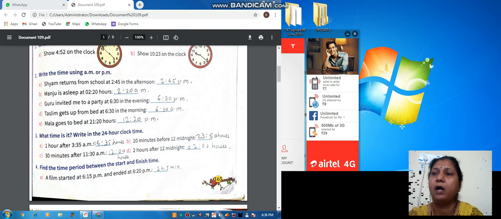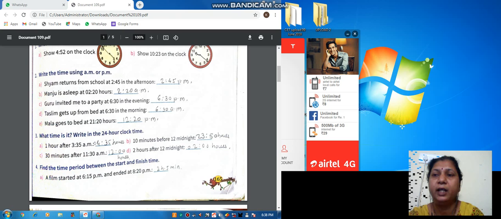In the 24 hours clock, we don't write as PM or AM; we have to write it as hours. So, 1 hour after 3:50 AM. It is the time in the morning, right? So we will not add 12 here. So it is